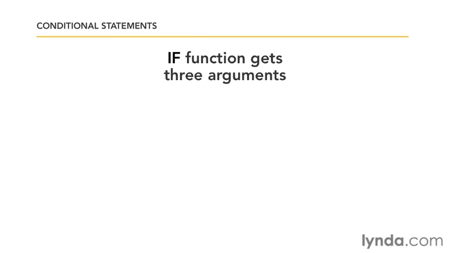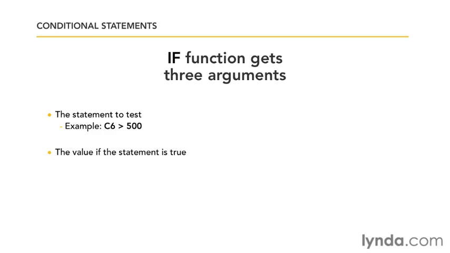The IF function gets 3 arguments. The first argument is a statement that you test. For example, you might say the content of cell C6 is greater than 500. When you have that condition, there are 2 possibilities: either it's true or it's false. So the IF function will output one value if that statement is true,